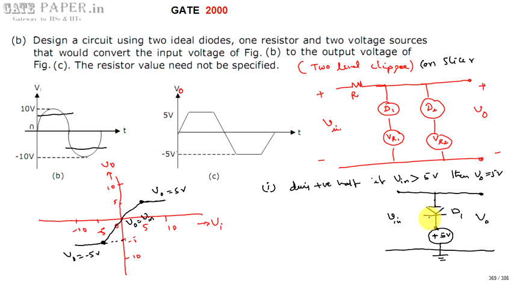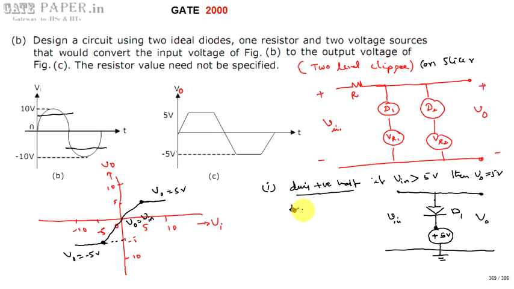Whenever the diode gets forward biased, it acts as a short circuit. An ideal diode acts as a short circuit, which makes zero voltage across it. So the total output will be equal to 5 volts. So this condition is satisfied. Now the second case, for the same positive half cycle,